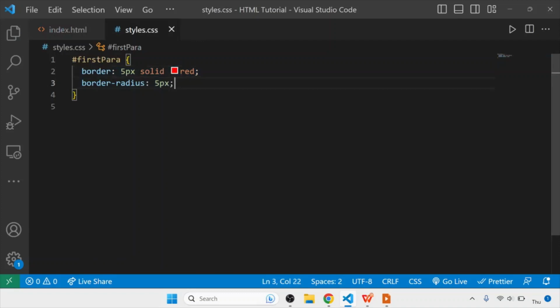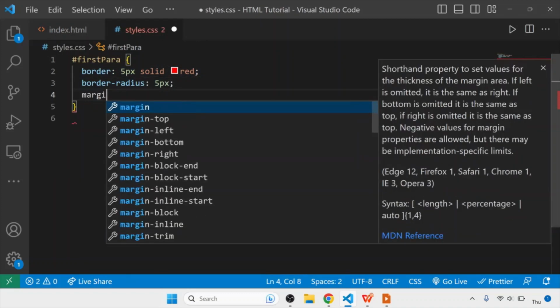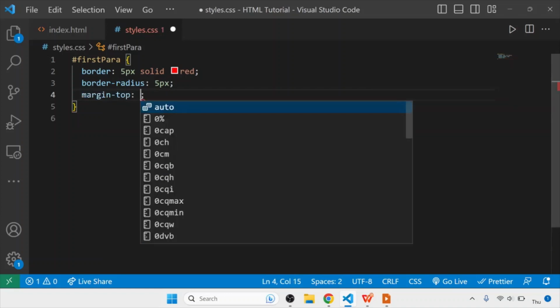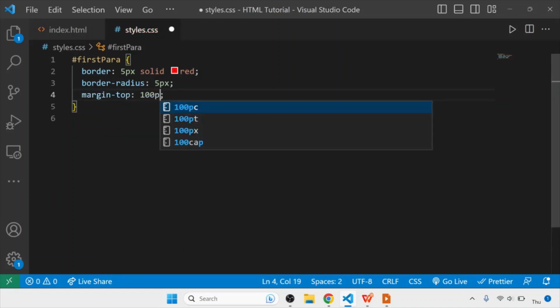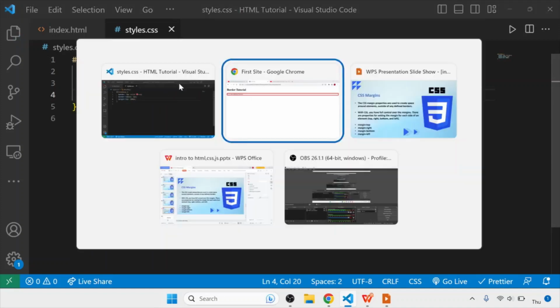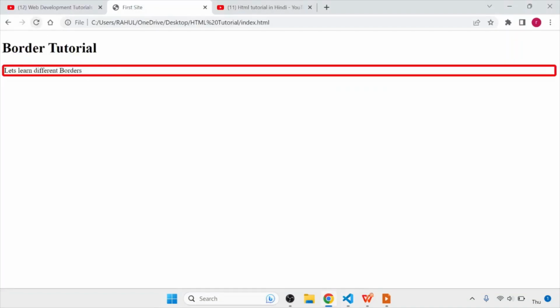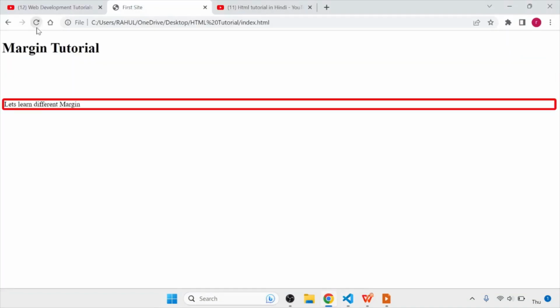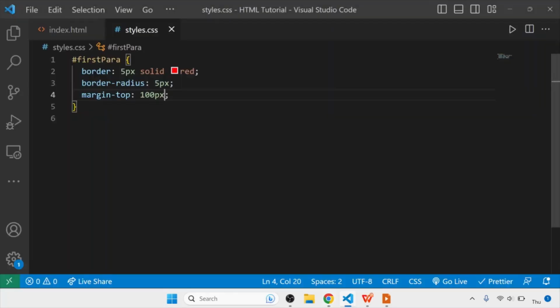Now I'm going to apply margin. I'm going to apply margin on the top side first. So margin-top, and I'm going to keep the space as 100 pixels. Once I hit save and go to the browser, you have to see carefully. Once I refresh the page, there is a space on the top of this border, because we have set margin-top with the value 100 pixels.